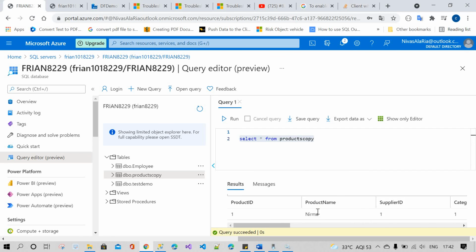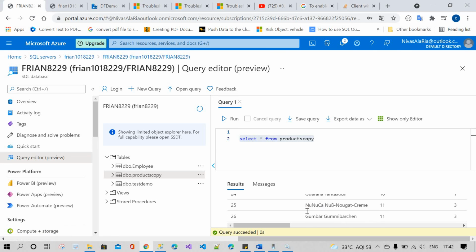You can see the tables; 54 rows are copied.